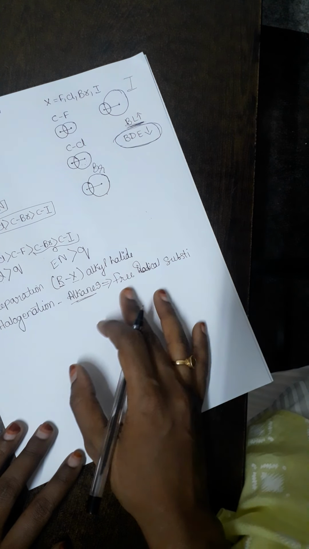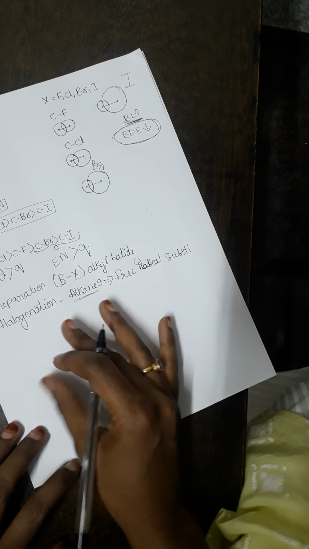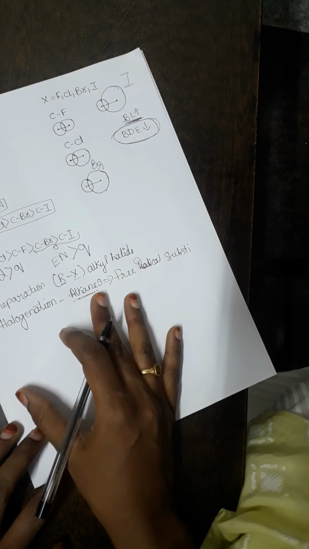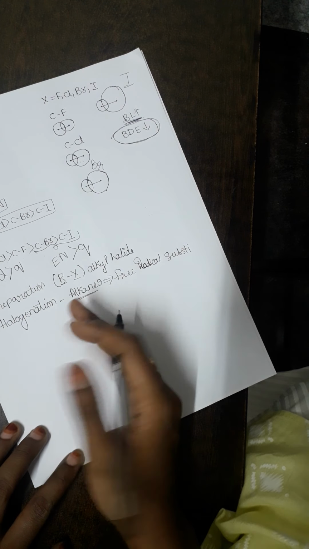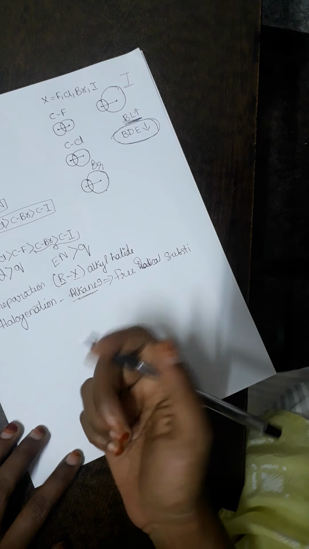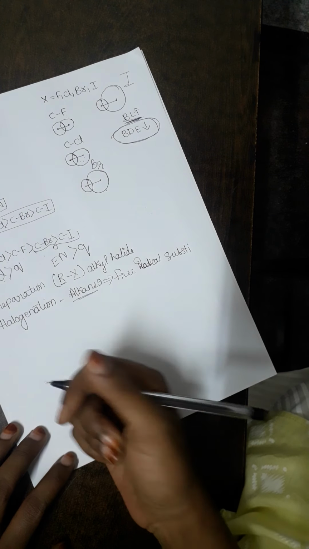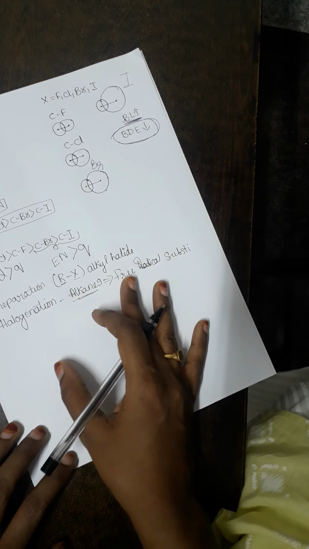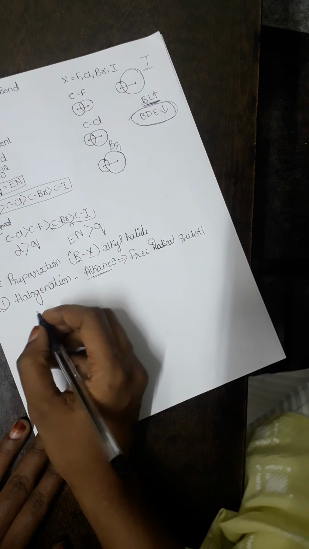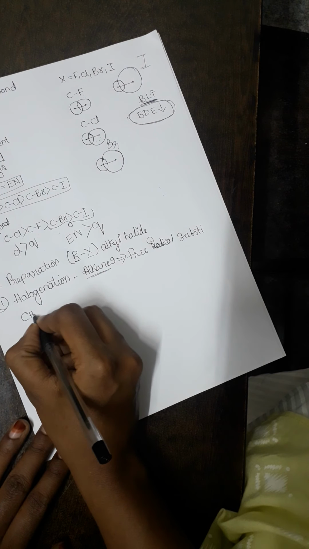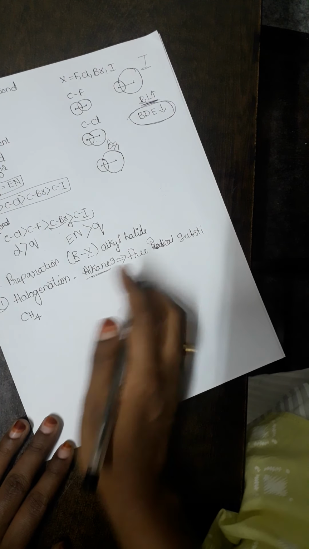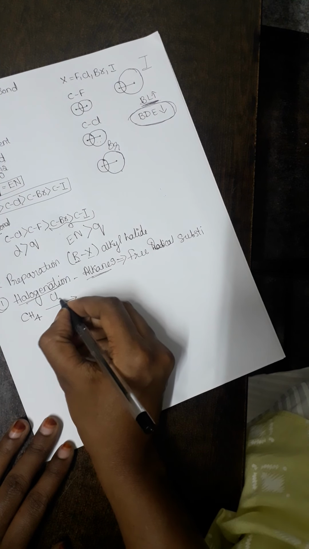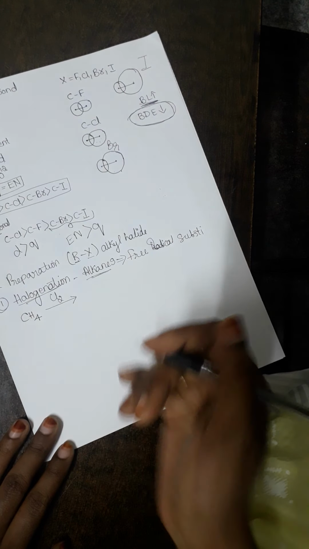Why free radical? Because here the halogenation process undergoes homolytic cleavage. The condition for homolytic cleavage is that you take an alkane and expose it to diffused sunlight, or UV radiation, or you can heat it to 573 to 773 Kelvin. Let us take the simplest alkane, which is methane. For this methane, I have to do a halogenation. So let us do chlorination. Why chlorination, I'll tell you later.